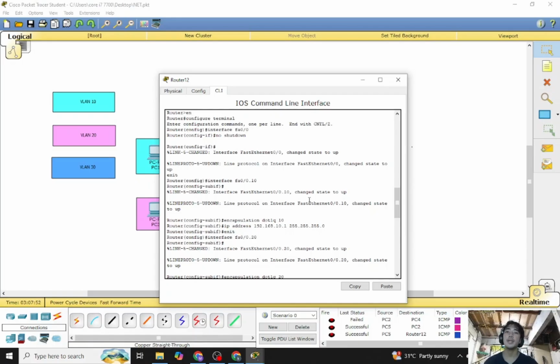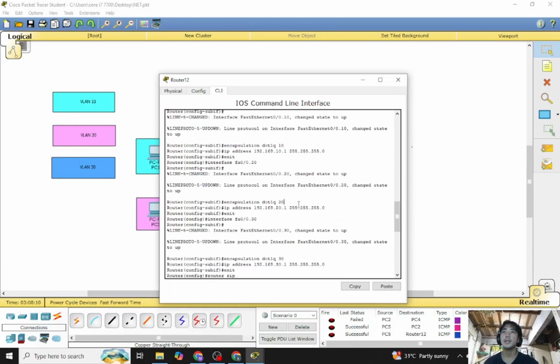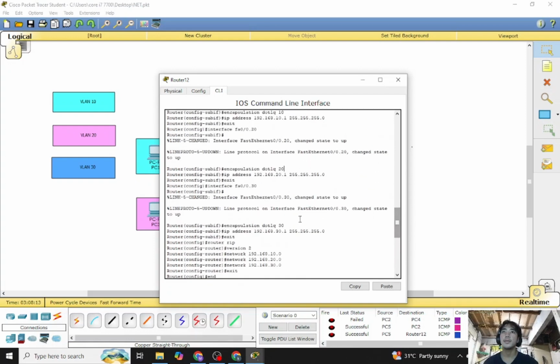So each sub-interface is now configured and naka-encapsulate tag. Ito. So itong 10 na to, it's just specify na VLAN 10. Tapos ito, VLAN 20 and VLAN 30. So parang mga VLAN ID sila,